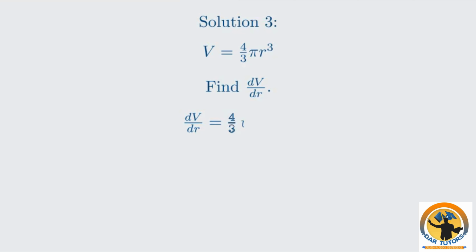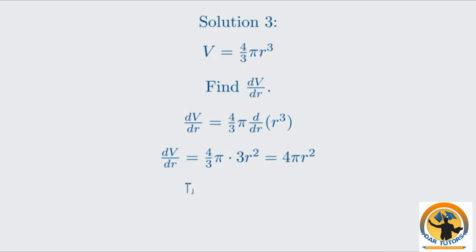Here's the solution for question 3. We are given the volume formula V equals 4/3 pi r cubed. We need to find the derivative of V with respect to r, dV/dr. The term 4/3 pi is a constant. We differentiate r cubed to get 3r squared. Multiplying by the constant, we get dV/dr equals 4/3 pi times 3r squared, which simplifies to 4 pi